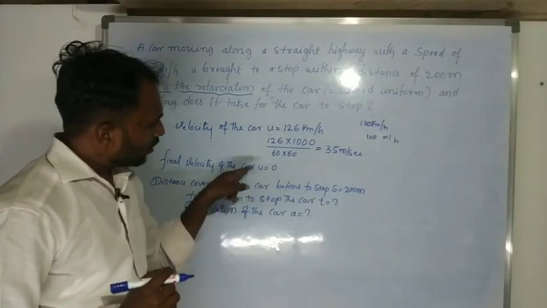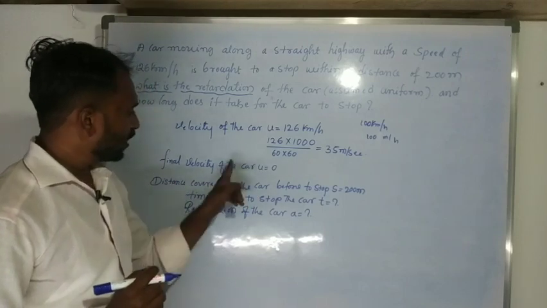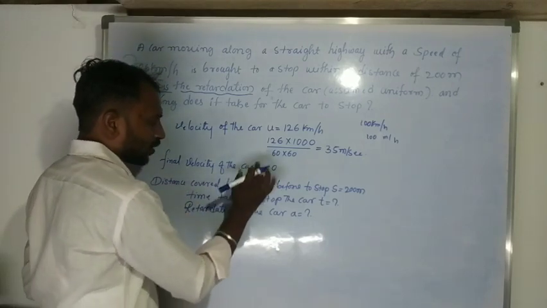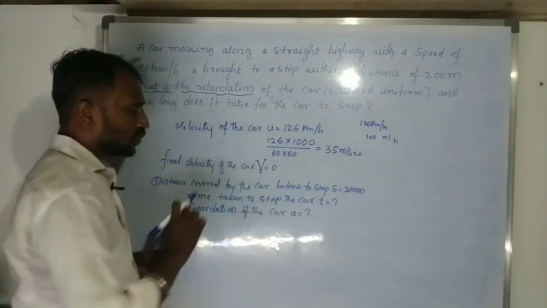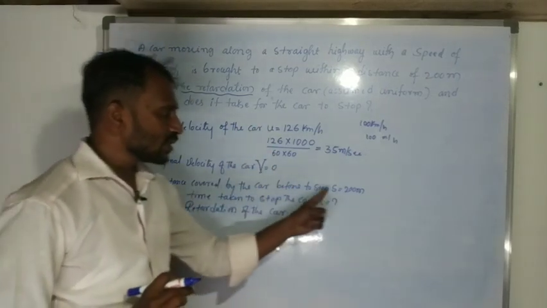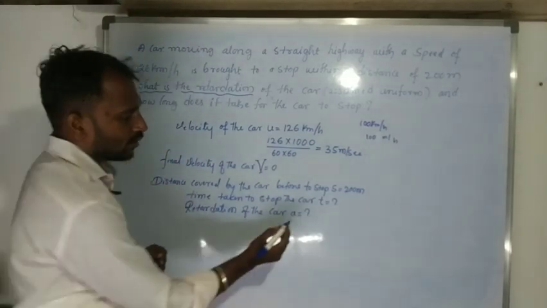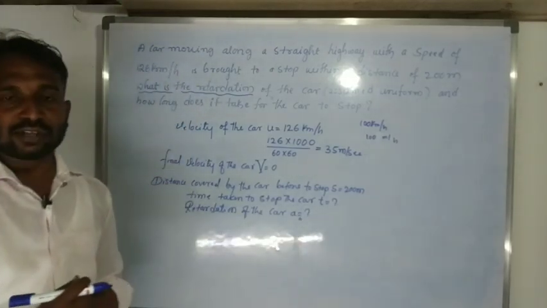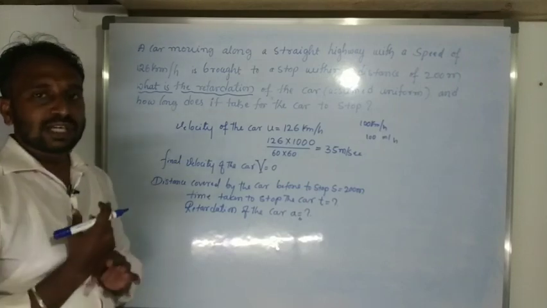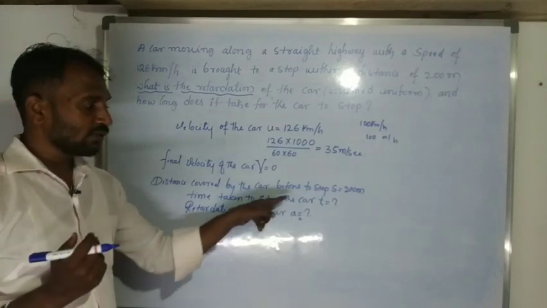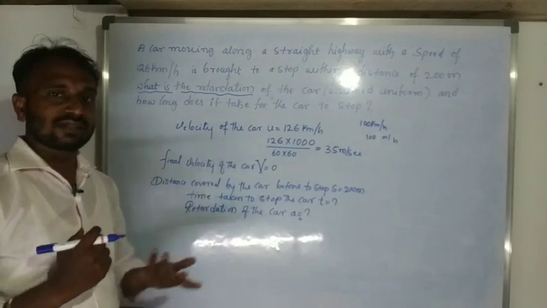Okay, in the given data, final velocity v is there, initial velocity u is there, and the distance s is there. So here we want to find the acceleration, it means the retardation. Which formula is applicable? Time is not given. Suppose s is equal to ut plus half at square.